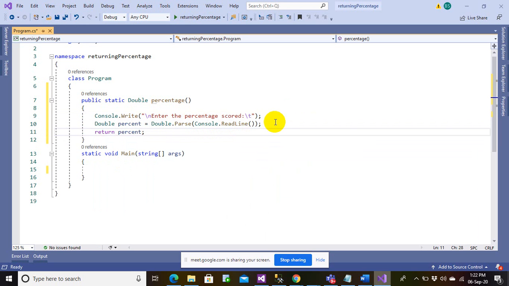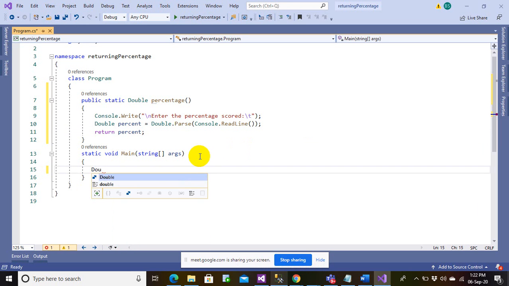Still my program objective is not fulfilled. I have created a function called percentage, which is returning a percent read from the user, and depending upon this percentage, I need to check whether the student has got a pass mark or a fail mark. So here I will go into the main program and create another variable, double P, and now this is equal to percentage. That means whatever value the user inputs here will be set inside this P variable.